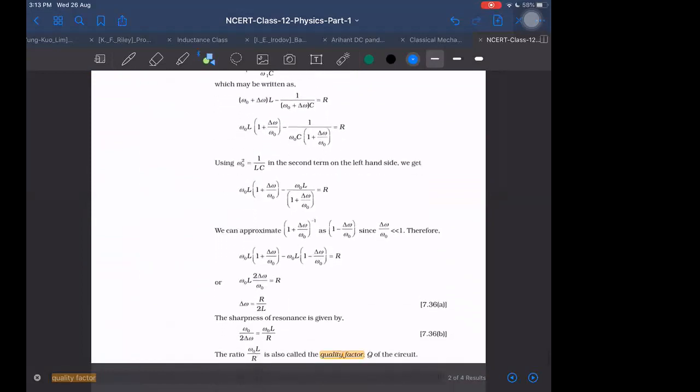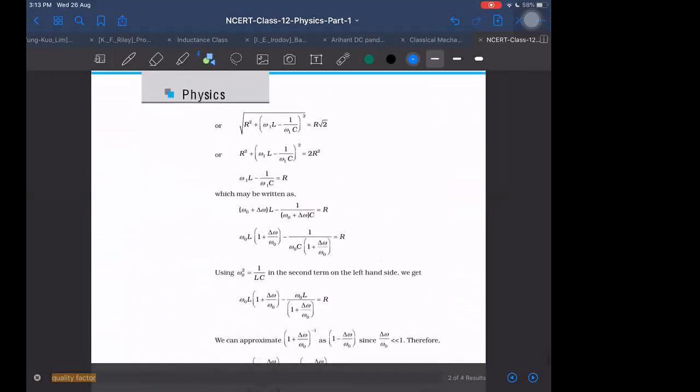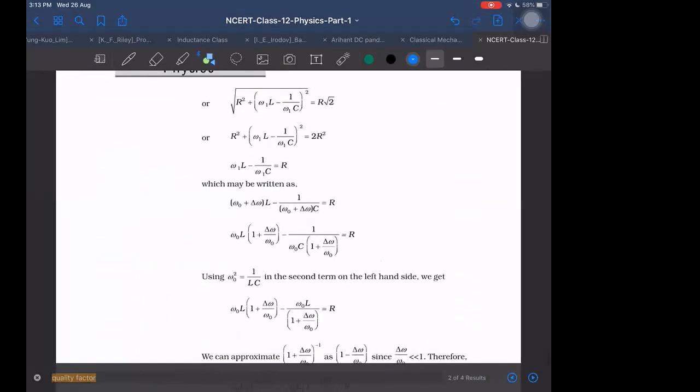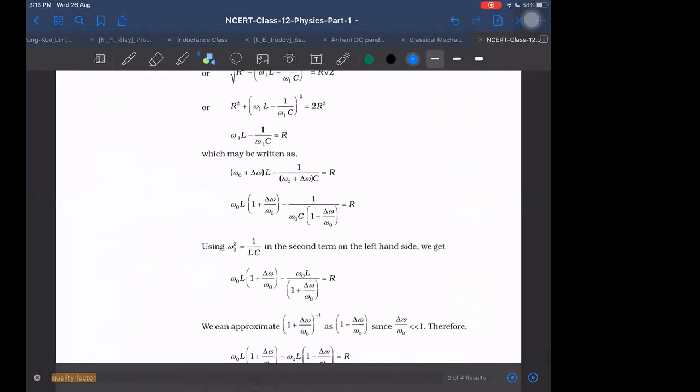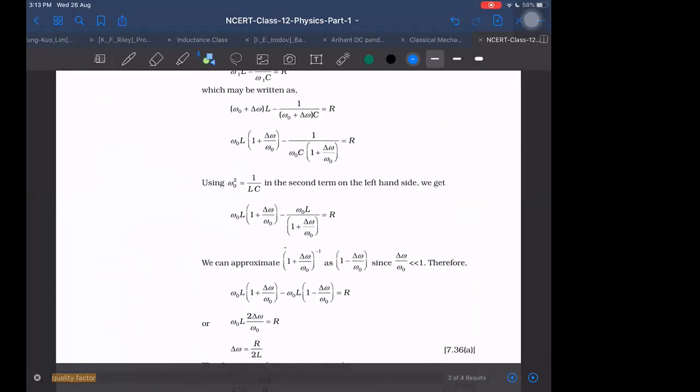But why was I getting something somewhat different where they are using approximation? I wanted to check that, because my answer was slightly different. At last I also used approximation. They took delta omega and also used approximation. This difference is the approximation part here. So they also use the approximation, and it is exactly the same thing. Nothing is wrong here. We have to use approximation here like this.